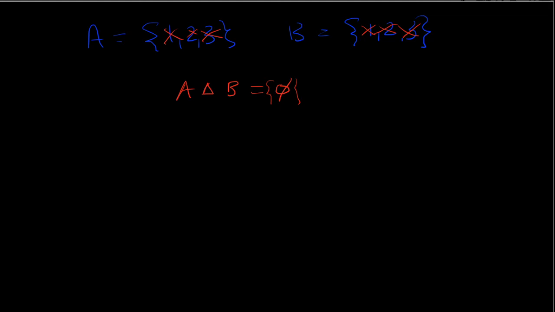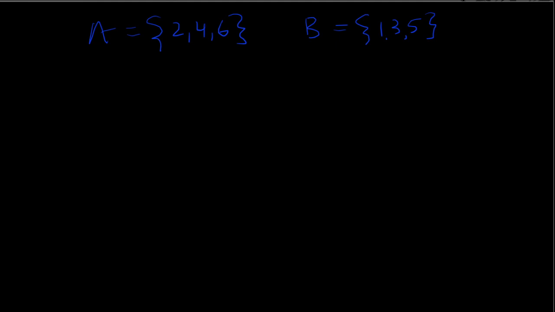Okay, the next one, we'll set A to be 2, 4, and 6, B to be 1, 3, 5. You want to ignore all the ones they have in common, which in this case, there are none. So if I look at the symmetric difference, that's just going to be the union of these two sets. So it's going to be 1, 2, 3, 4, 5, and 6. So what we can say from this problem is that if A intersect B is the empty set, that means